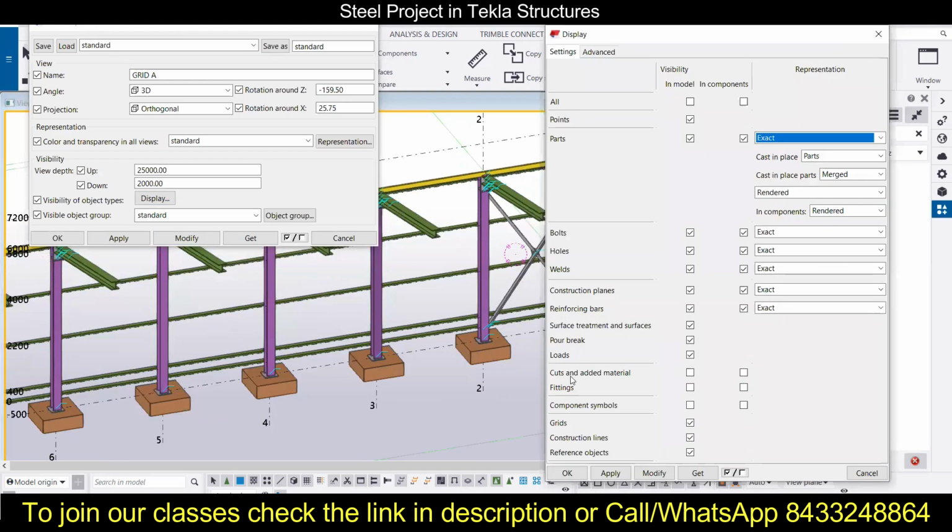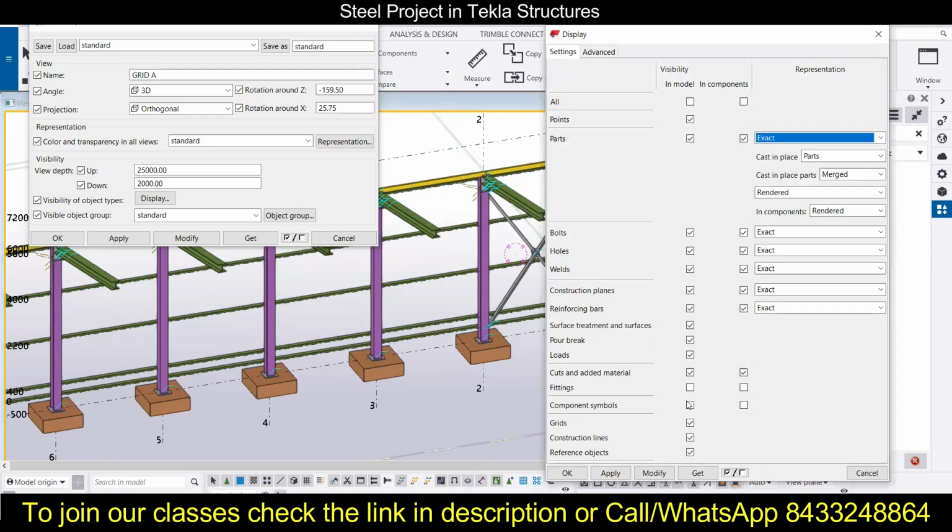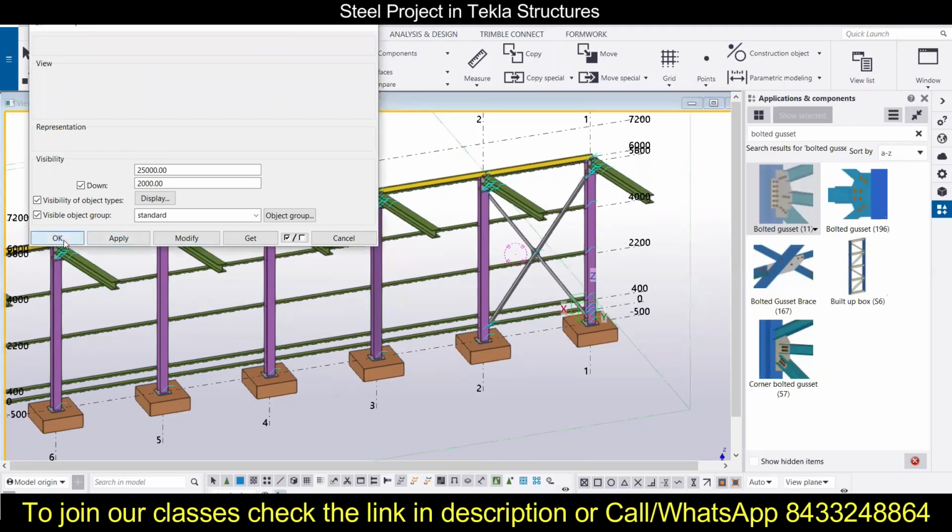One more thing has to be avoided over here, like the reinforcing mark and construction planes that are not needed. Apply and OK. So you can select what you want to show and what you don't want to show. Great. Now click on modify and OK.